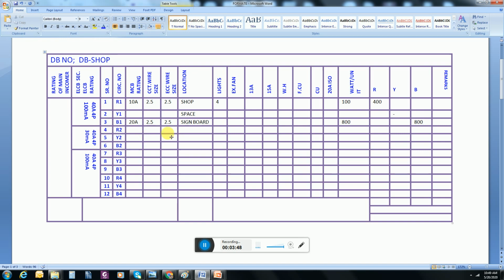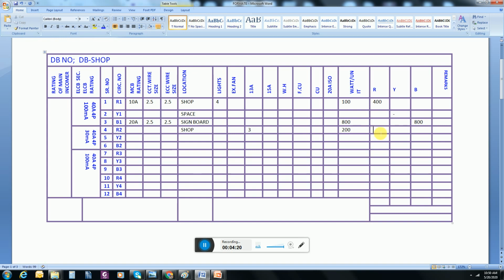Now the next section is for power sockets. Again I will write here shop. Three sockets are enough for a shop. Each socket 200 watt per unit.